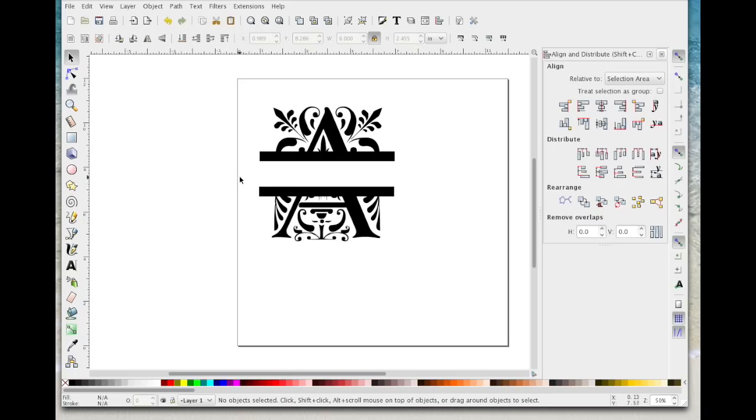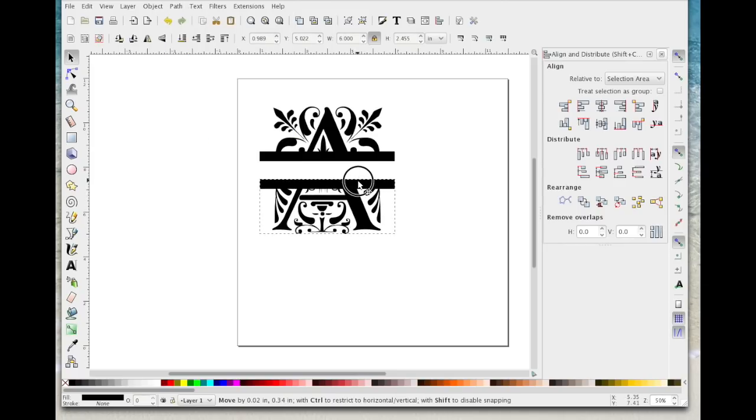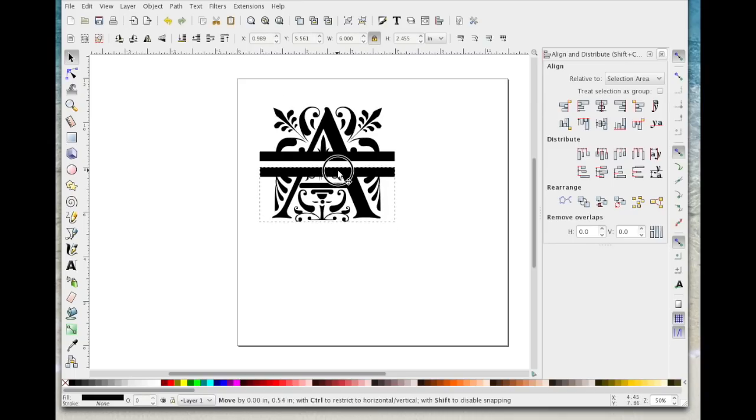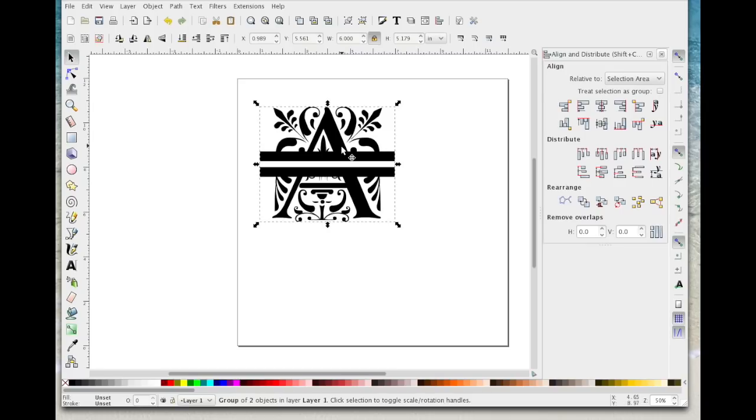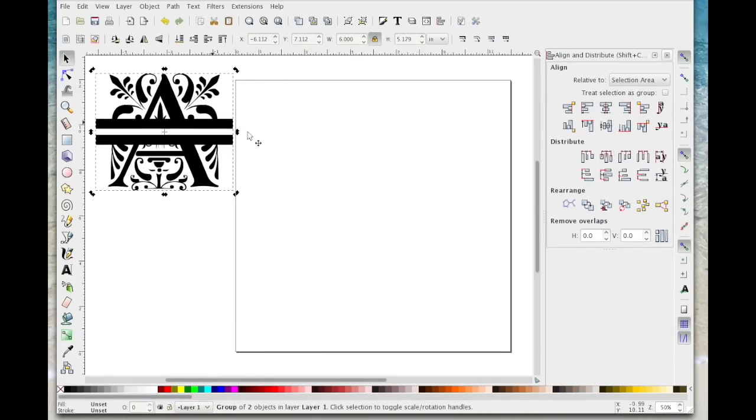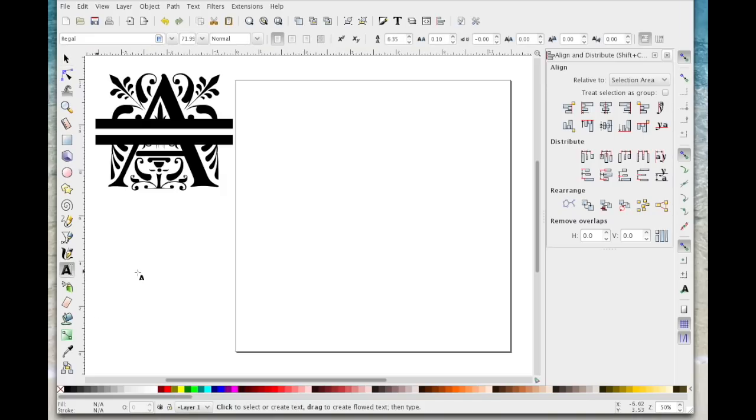Now left click anywhere on the page to deselect, drag an imaginary box around the bottom half and do Path, Combine, and that is your split letter Regal font. I'm just going to group them, so selecting them all, right click and group. I'm just going to put this on the side now, and I'm going to show you how to do it with the other font. So again, I'm going to come to the letter A, left click on the page, type